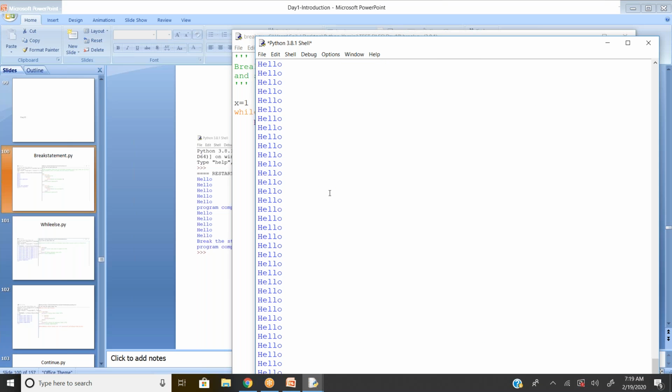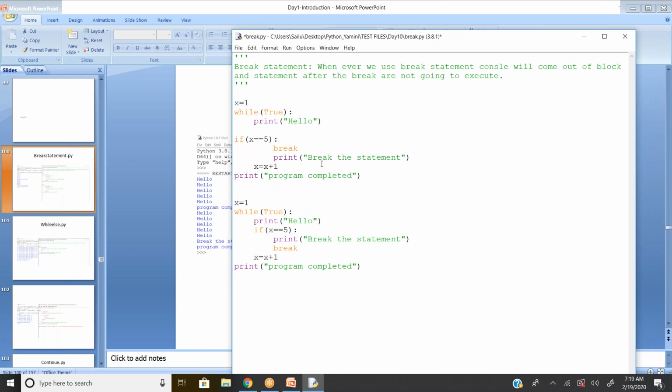See, there is no end. It's just going like that because the condition never becomes false. So I have to kill it purposefully.